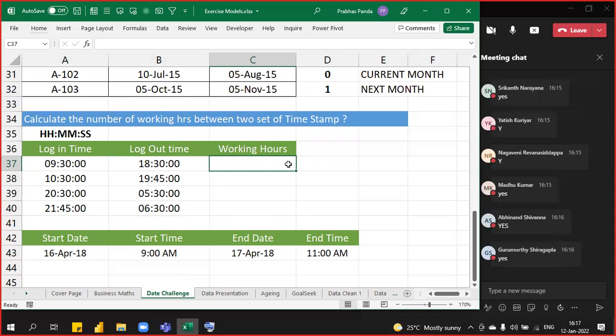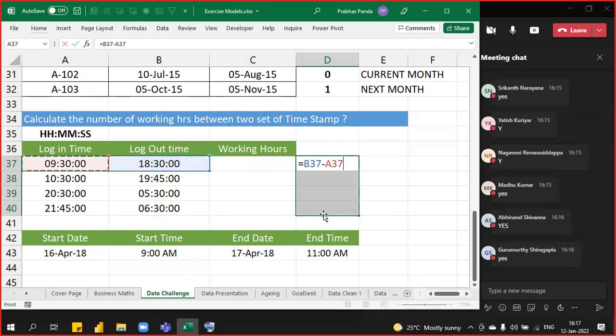If I want to know what we do in that case, we go for equal to logout time minus login time. Do you agree with me? Basic mathematics. This is the moment I go for this, what happens? Some cases it works fine, some cases it is giving trouble. And where it is unable to find the answer,